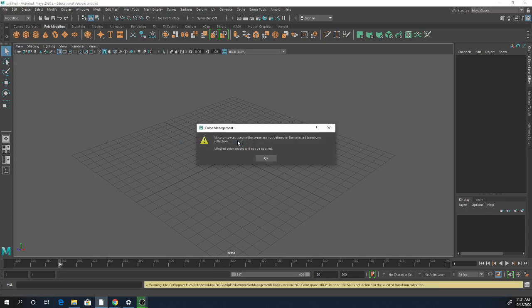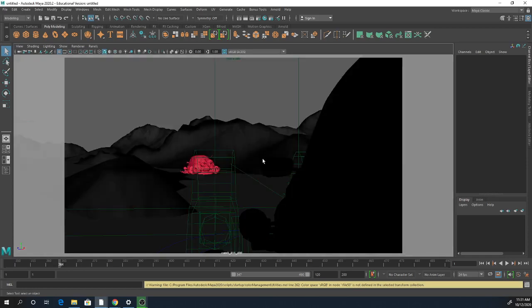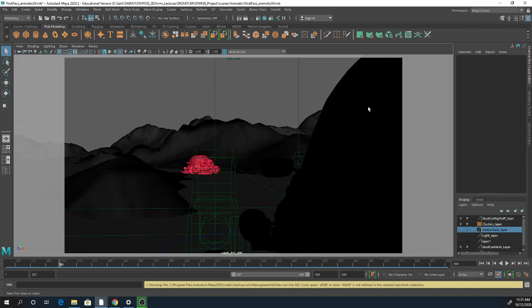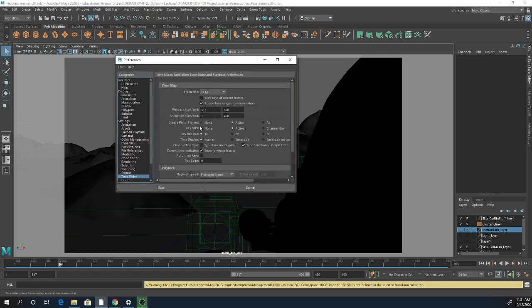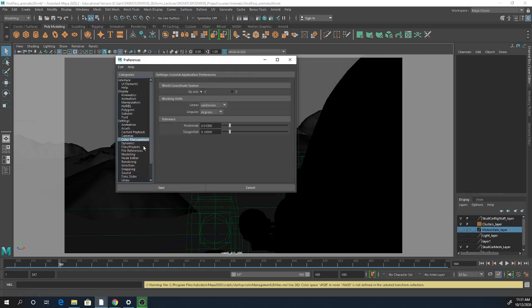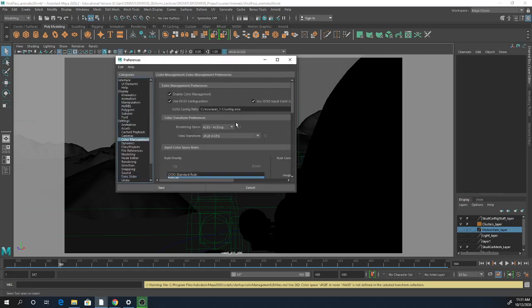So basically, when you do a rendering here with viewport 2.0, you need to change your texture map. Right now I have a problem with the texture because of the color space, there we go. So, hey guys,